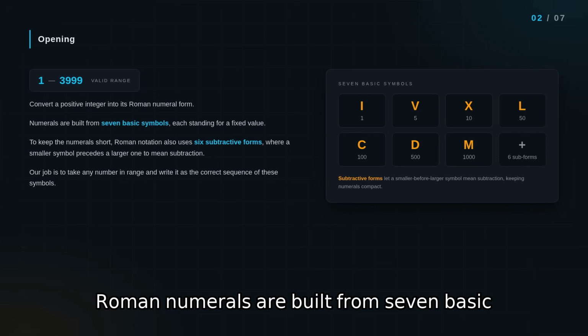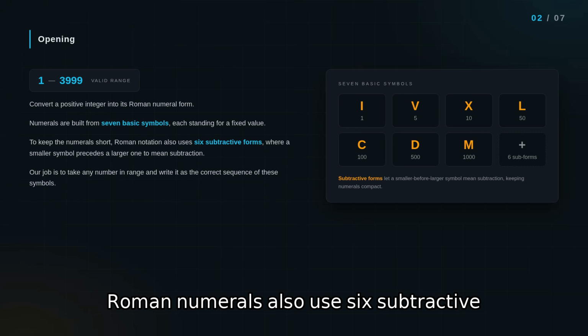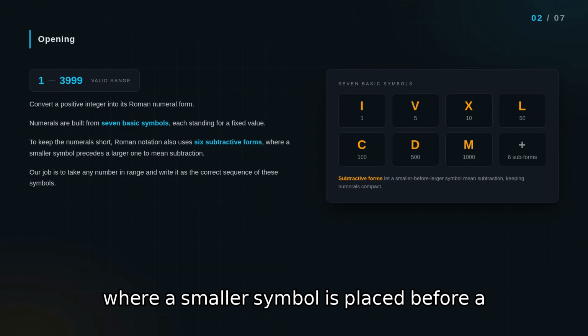Roman numerals are built from 7 basic symbols. I equals 1, V equals 5, X equals 10, L equals 50, C equals 100, D equals 500, and M equals 1000. To keep the numerals short, Roman numerals also use 6 subtractive forms, where a smaller symbol is placed